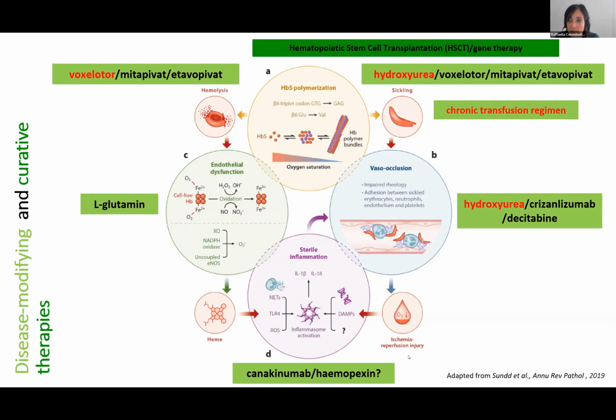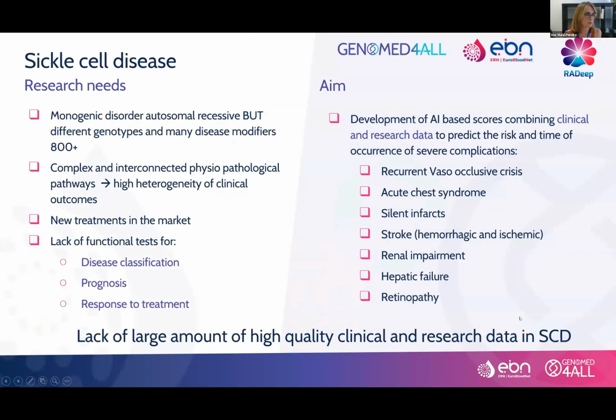Next one. I think it's your turn, Mar. Yes, thank you, Raffaella. As said by Raffaella, sickle cell disease is a monogenic disorder, but the clinical manifestation is very heterogeneous. We know so far that there are more than 800 genetic modifiers that could be impacting this heterogeneity of the clinical picture. Then, as you saw in the second slide by Raffaella, there are many complex and interconnected physiopathological pathways, but we are not able to understand how this is translated into the different clinical outcomes